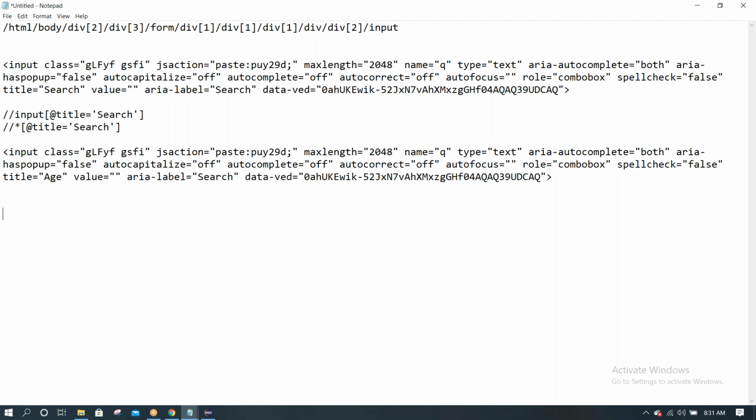In this case, again double slash, tag name input, at attribute name, again title here. That's it. If you want, we can write this also. Both work the same way.